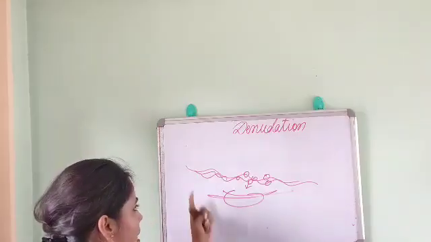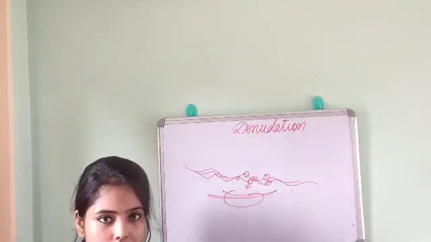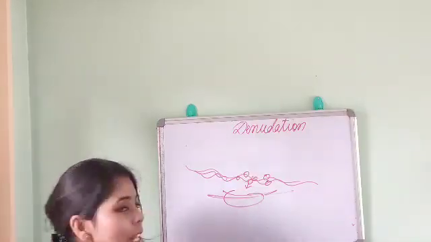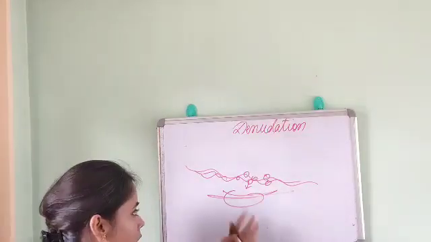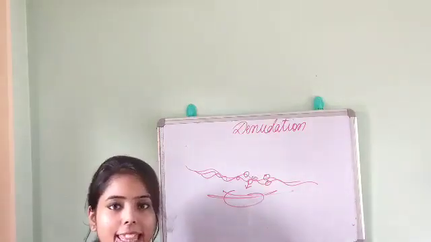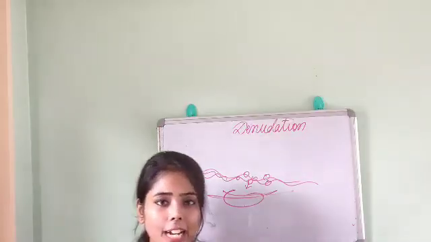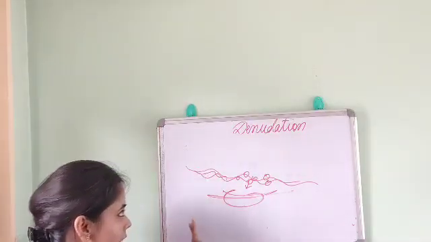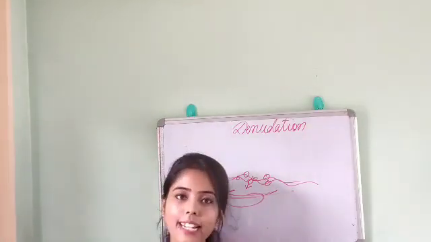Again, I am describing this. When the river is flowing, it is carrying some important materials with it. And while moving, the materials will be engaged in collision with the river bed, and then it will create a hole in the river bed, and that hole is known as a pothole. Okay, so I hope that this is quite clear, and this is all about the important landforms that are developed